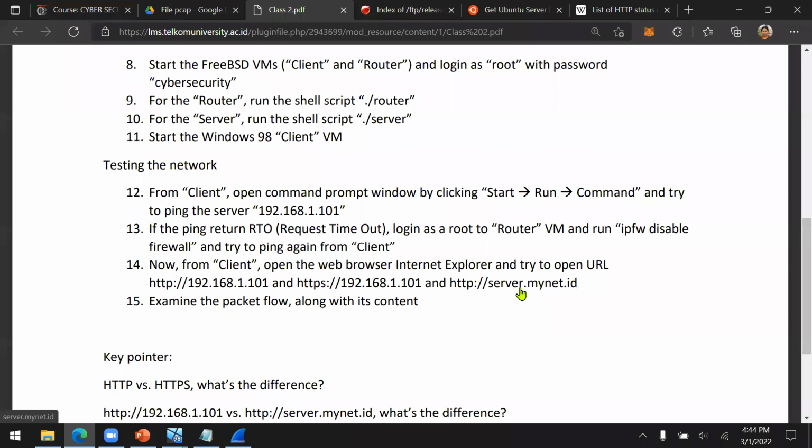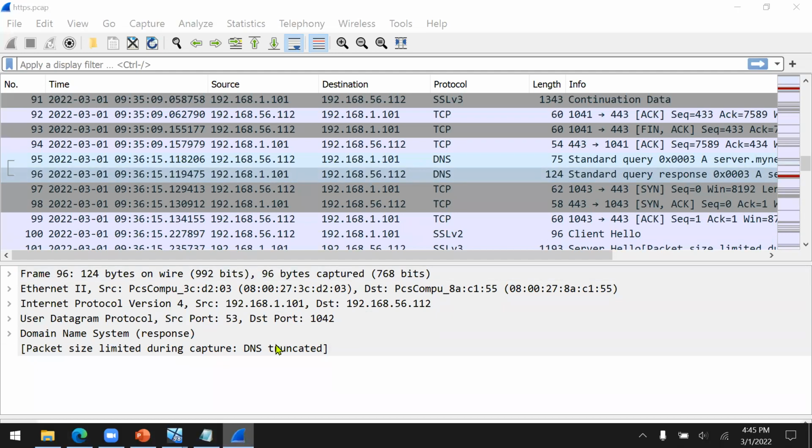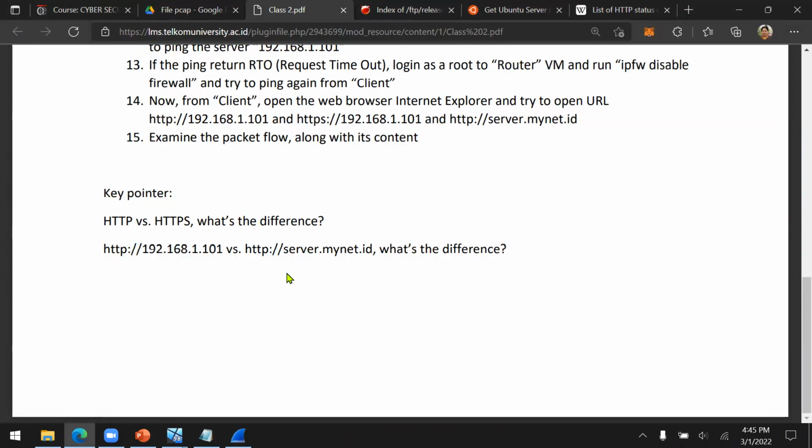Any questions so far? Okay. If not, then the key points about today's discussion are the difference between HTTP and HTTPS, remember about Wireshark, and the difference between accessing the IP address and accessing the name.